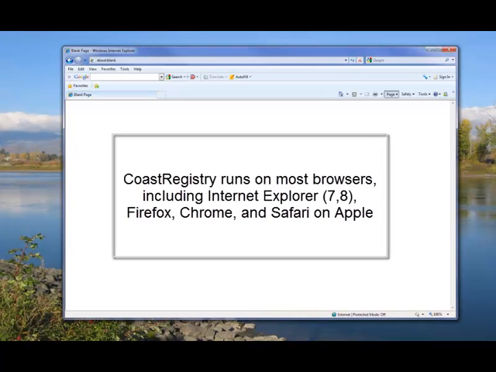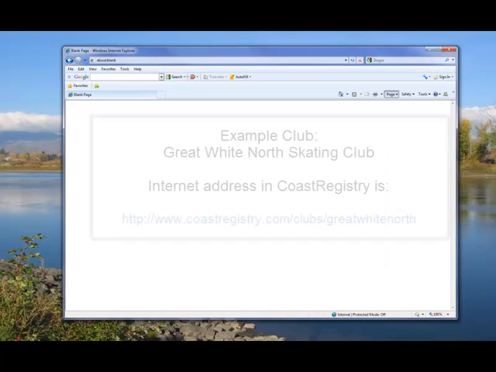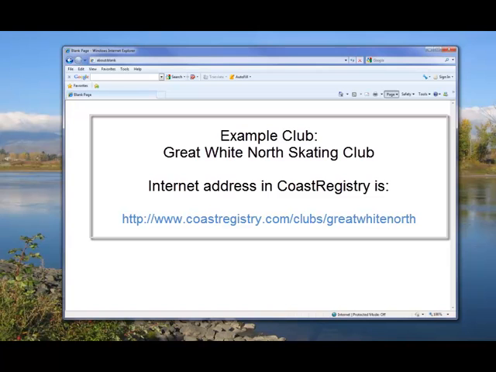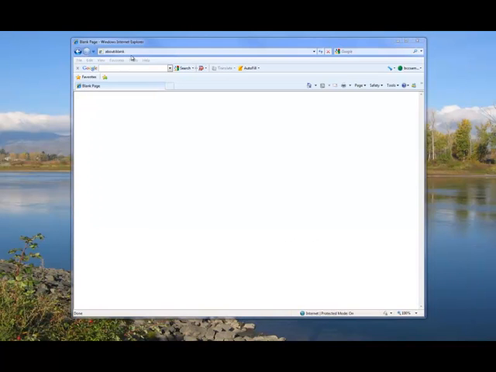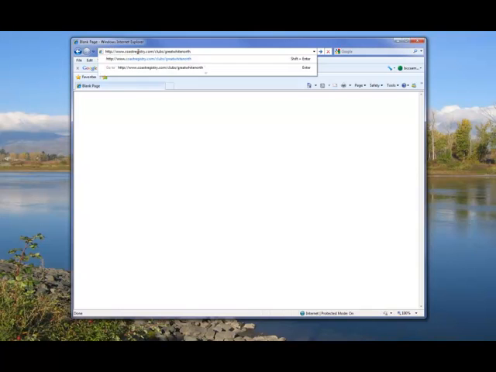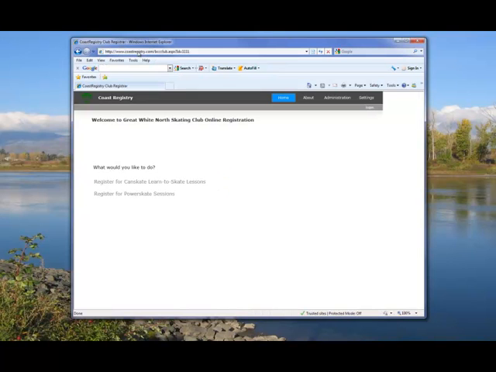So, we start up our browser. For today's demo, we'll be using an imaginary club called the Great White North Skating Club. We'll have a special internet address in order to get to the online registration for that club, and that is shown here. So we'll enter that URL into the browser, and CoastRegistry will bring us back to the registration page for Great